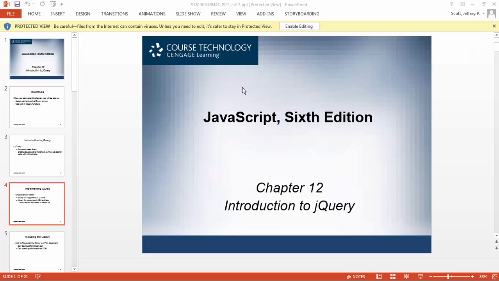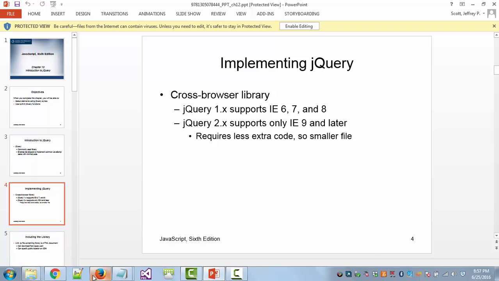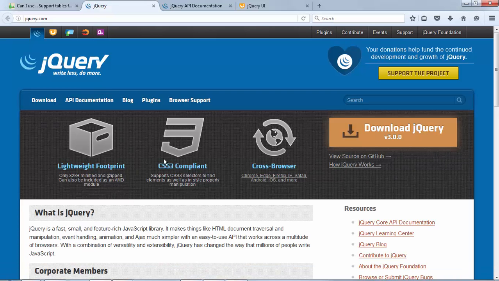The file for loading jQuery, surprisingly enough, is at jquery.com. Notice it says here, if you want to do a download, it says version 3. Well, version 3 was when our textbook was created. Version 3 was not even in a